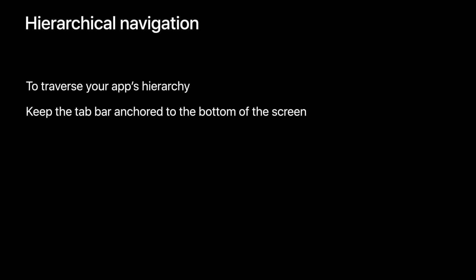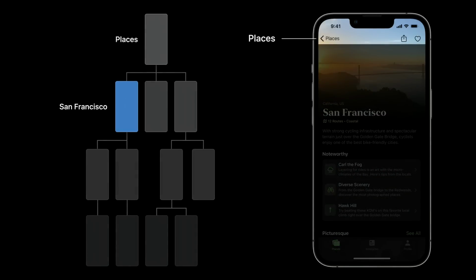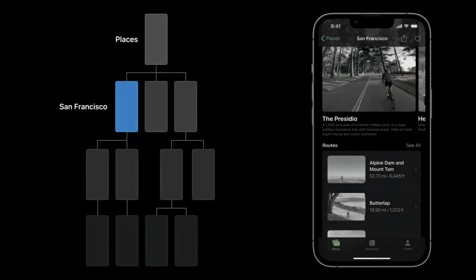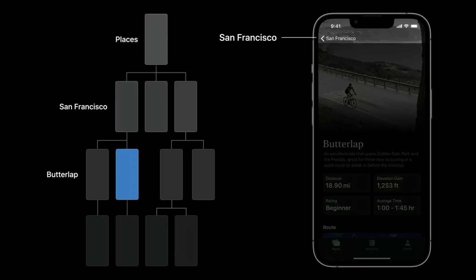Next, it's important to use the navigation bar at the top of the screen with appropriate labels to orient people in your hierarchy. Let me show you. As I drill into content and move through my information hierarchy, notice how the back button and the navigation bar changes to reflect the title of the screen I just came from. This is helpful as I navigate further into an app by scrolling screens and drilling in, so I never have to remember where I came from or how to get back there, because the back button can indicate the level up in the hierarchy.